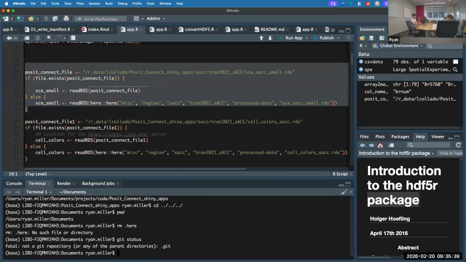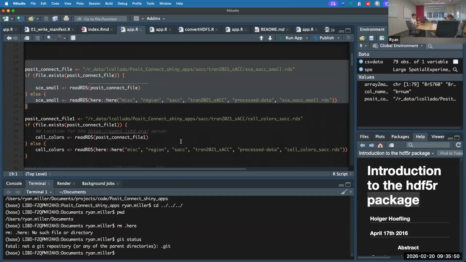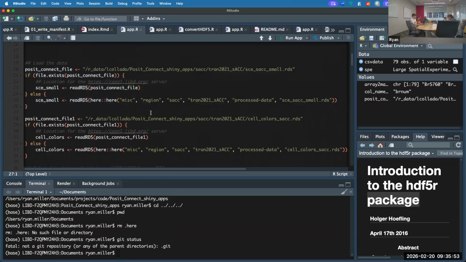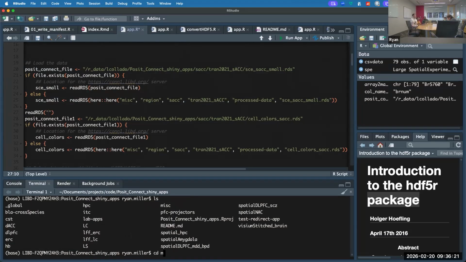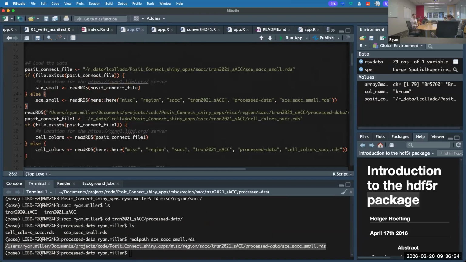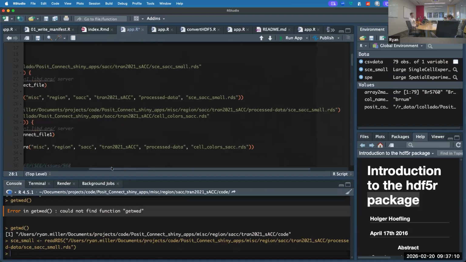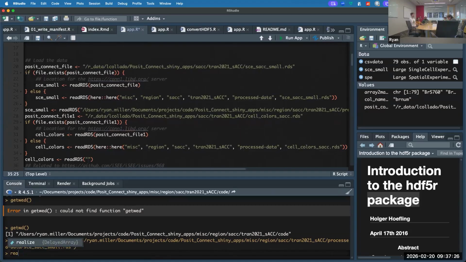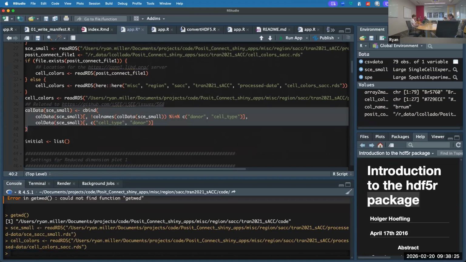Okay. I don't know why here is failing, but I guess you can change your line of code to actually use a hard path just to load this data, because that's not the problem you're having on Posit Connect. When I go into misc, region, SACC, WB, then you can, okay, here. You want to assign that SC small. You'll need to do something similar for the cell colors object. Wrong window. Then you can keep running code and